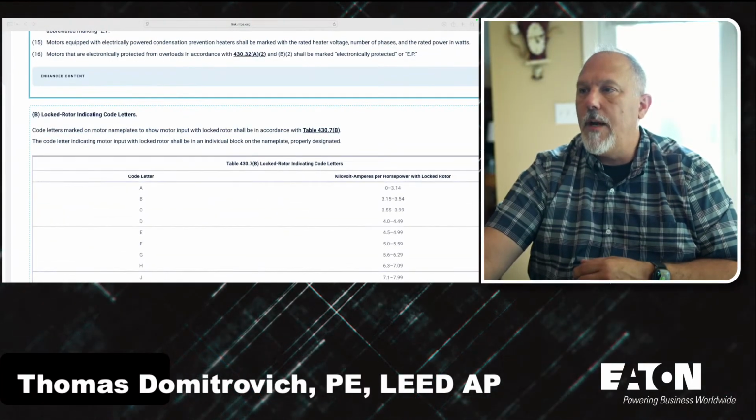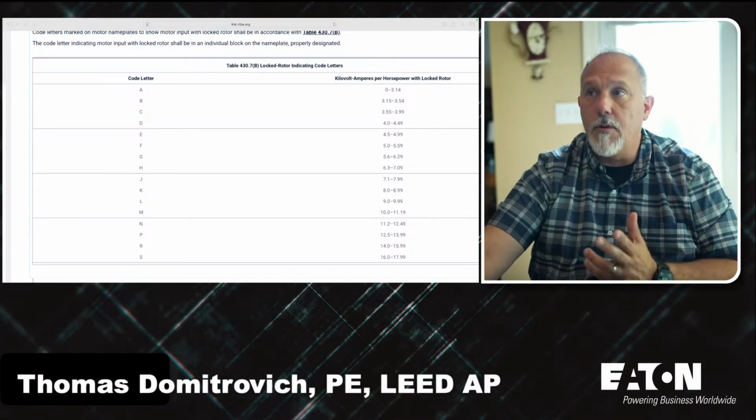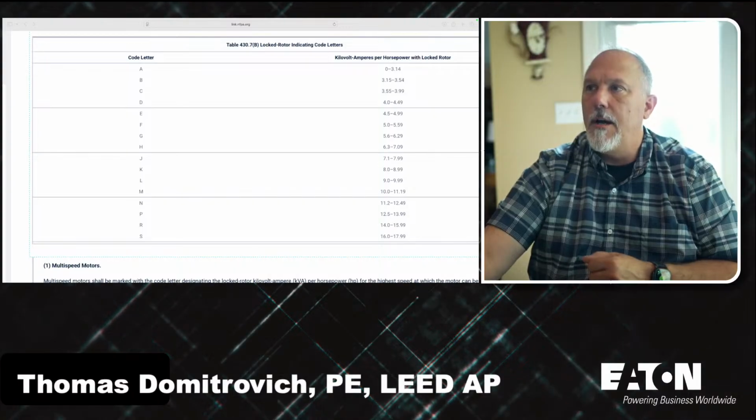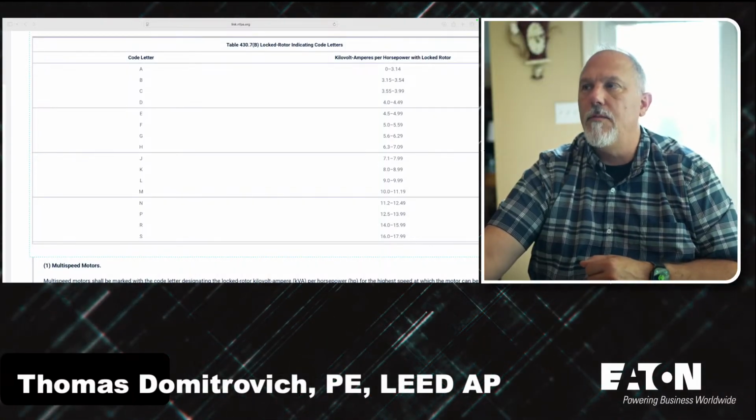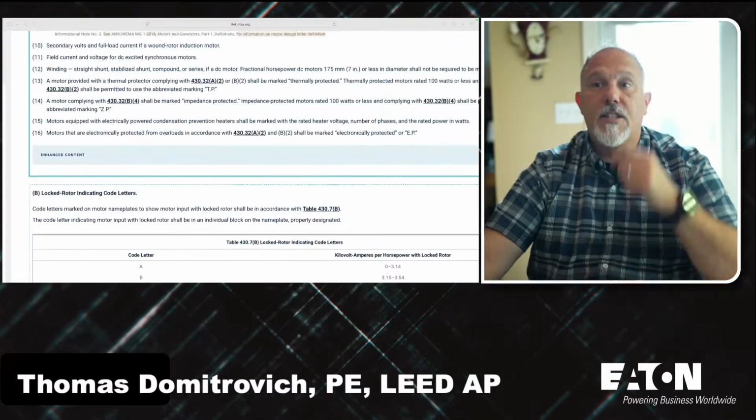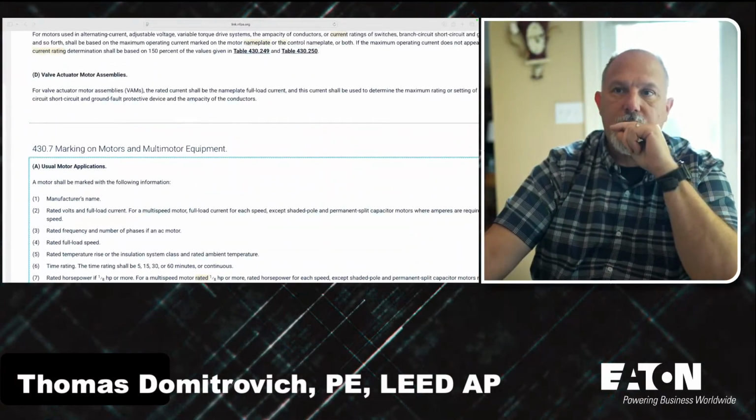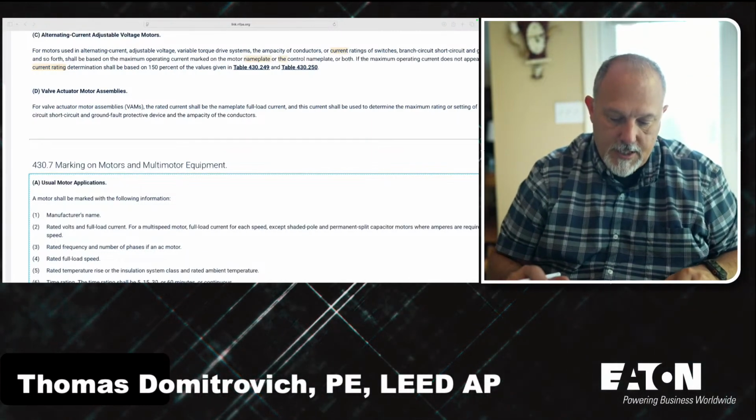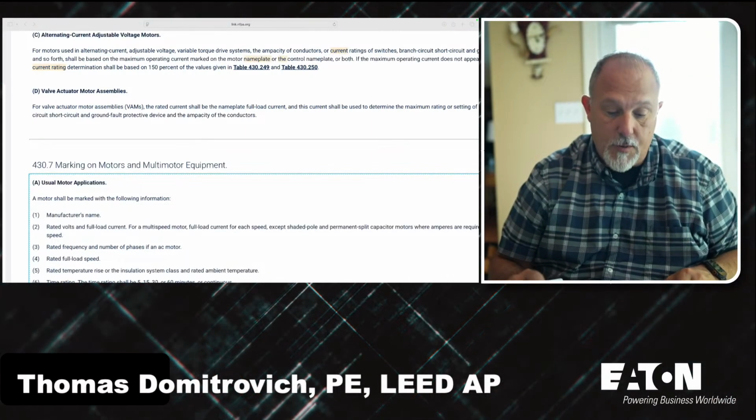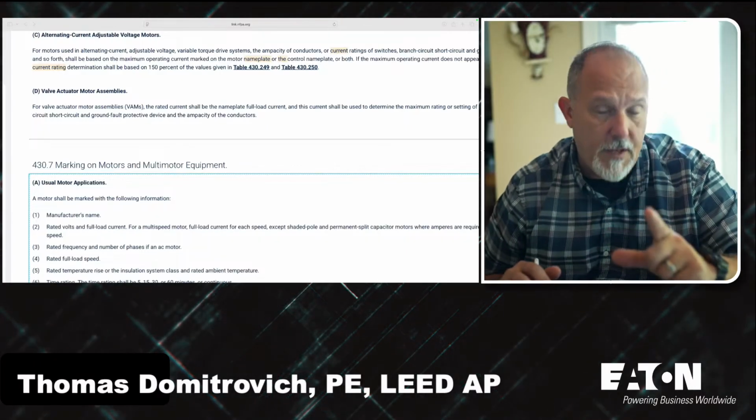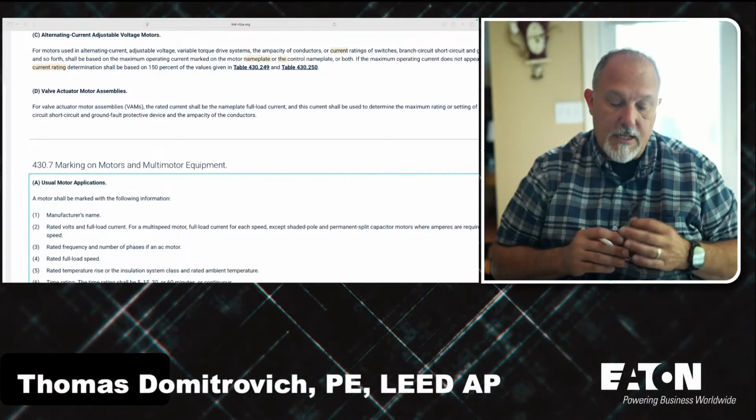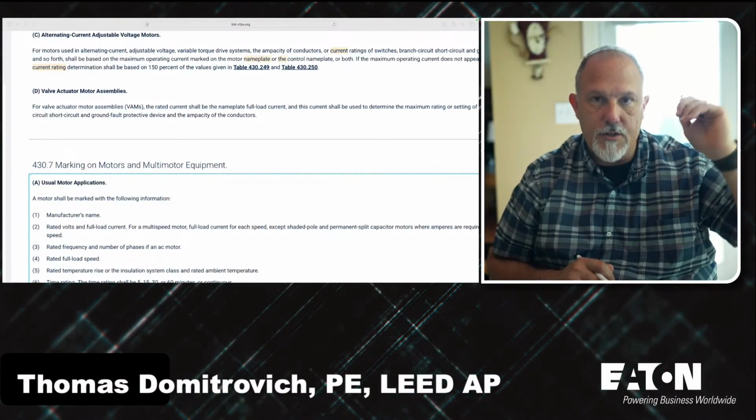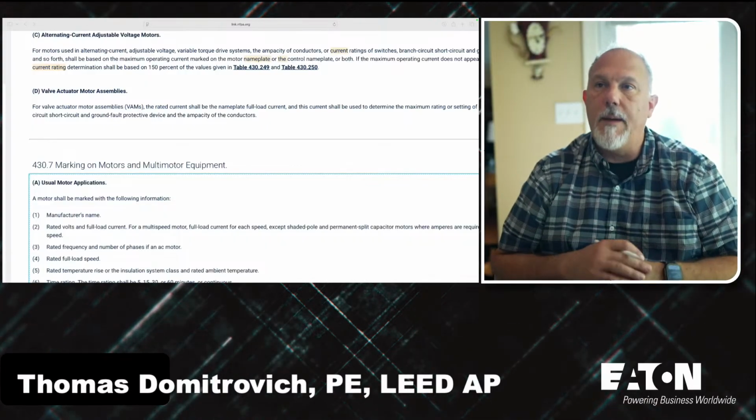And then you have all of your code letters indicating your locked rotor amps, and that's all kilovolt amperes per horsepower with the locked rotor. All right, so that's what your marking is for the motor. So the motor is going to be marked. It's going to give you pertinent information that we're going to need, but not all of the information that we need to select the conductors, the disconnects, the overloads, the contactors, and our primary protection